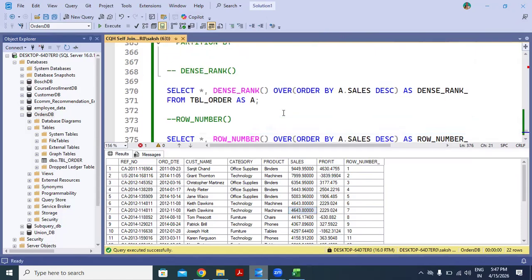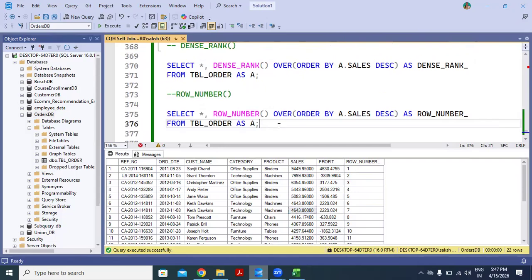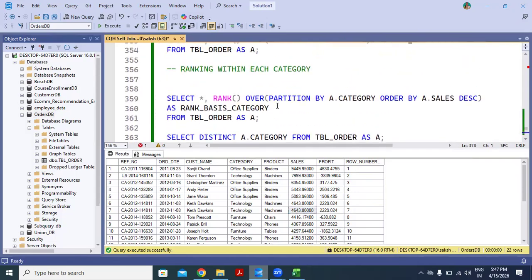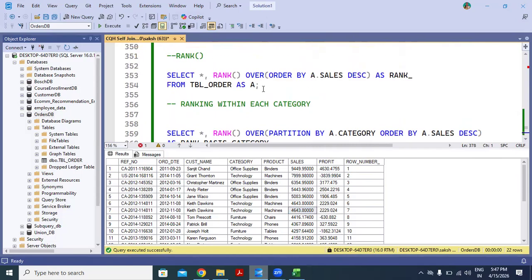And in order to compare them, we can write it together also. So let me write it as, let's copy this.